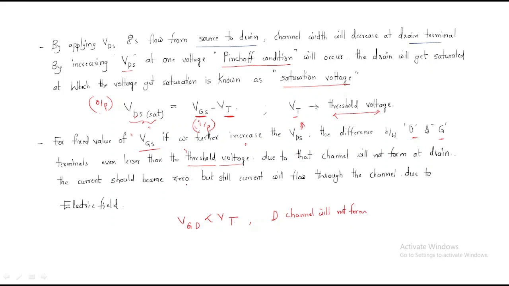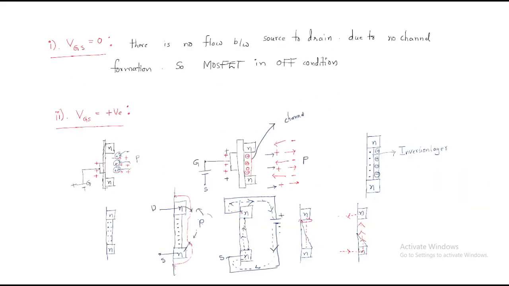The current should become zero. That is the reason. But still, current will flow through the channel due to the electric field. Here the channel is missing, but the current will flow. Why will current flow? The current flow is possible because of the electric field. Here we are giving positive and negative, and due to this electric field, the current will flow. Up to this, we have a channel. It will flow, and after that it will get